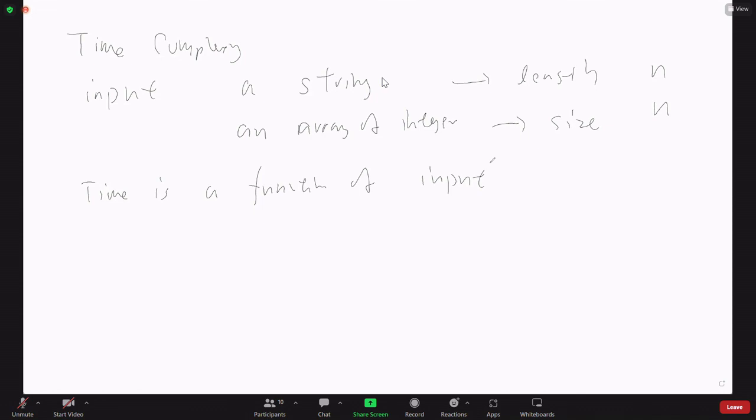Right? In the simplest case, we consider a single input. But later, you will see you might have multiple inputs. For example, if you have a two-dimensional array, then you will have two, because the number of rows and the number of columns, right? So your running time will be a function of that. Also, in the future, when you learn graphs, you will have the number of edges and the number of nodes. That's also two different things, right? So your running time will depend on both. Then in terms of the time